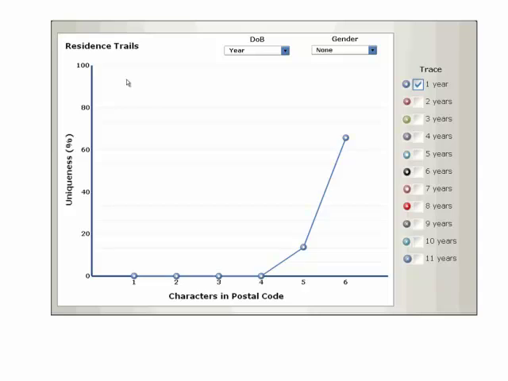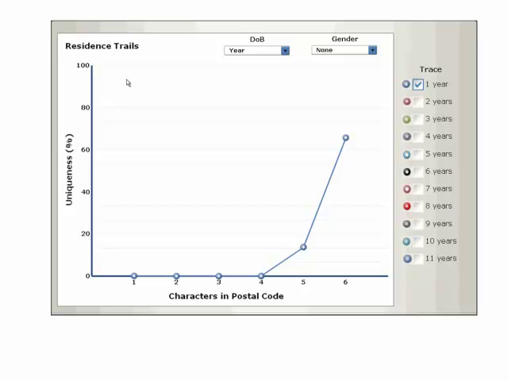If you only have the year of birth, so instead of the full date of birth, you only have the year of birth, then with the year of birth and the 6-character postal code, about 65 to 70% or so are unique, which is still quite a large percentage. So the key point here is that by reducing the precision, you can reduce the re-identification risk. But you have to be careful because re-identification risk is a function of the combination of variables that you're looking at.